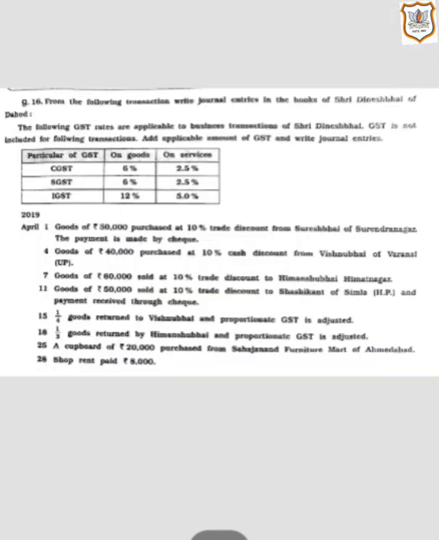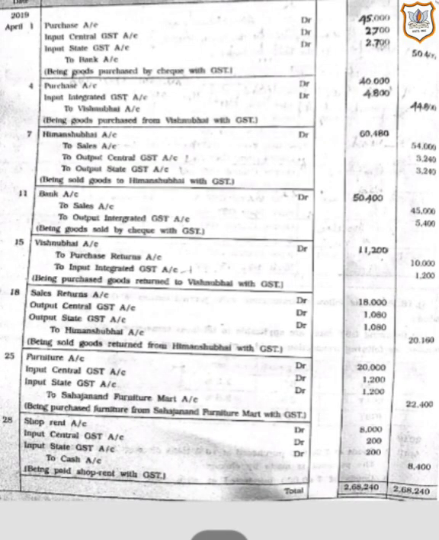Here is the transaction, date 25th. A cupboard of rupees 20,000 purchased from Sajanand Furniture Mart of Ahmedabad. So here, as we are purchasing furniture, furniture account will be debited. So let us see the entry for this. Here our entry would be: furniture account will be debited as per the rule of real account, that is debit what comes in. Here furniture is coming in the business, so furniture account will be debited by rupees